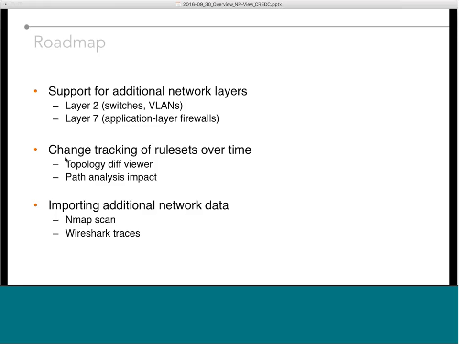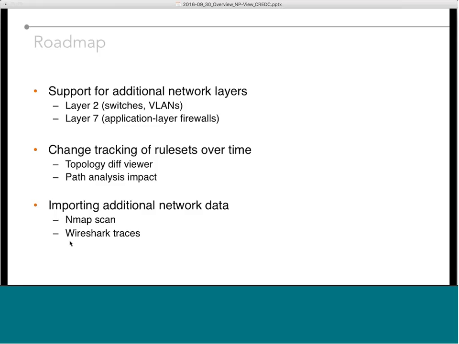And lastly, we're working on being able to import additional network data into the map. So far we've been focusing on config files from firewalls and routers and switches, but we also want to be able to import network scan results from tools such as Nmap, where if you have a scanning campaign and a scan report with vulnerability information, to be able to import that report into NPView and augment the map with the hosts being discovered,